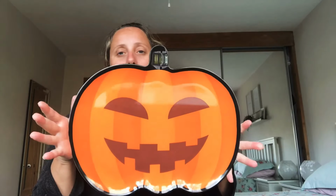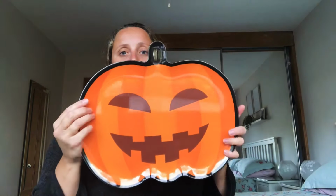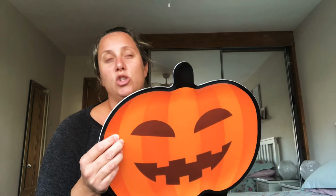I went for the pumpkin, and actually what I'm going to do this year, obviously it's different this year. We're not trick-or-treating with the kids. We've already said to them that we're not going to do that. There's something on Facebook going around where you can go on a pumpkin hunt, and every time you see a pumpkin in a window or a garden, you can give your child a sweet for their trick-or-treat bucket. We might do that,